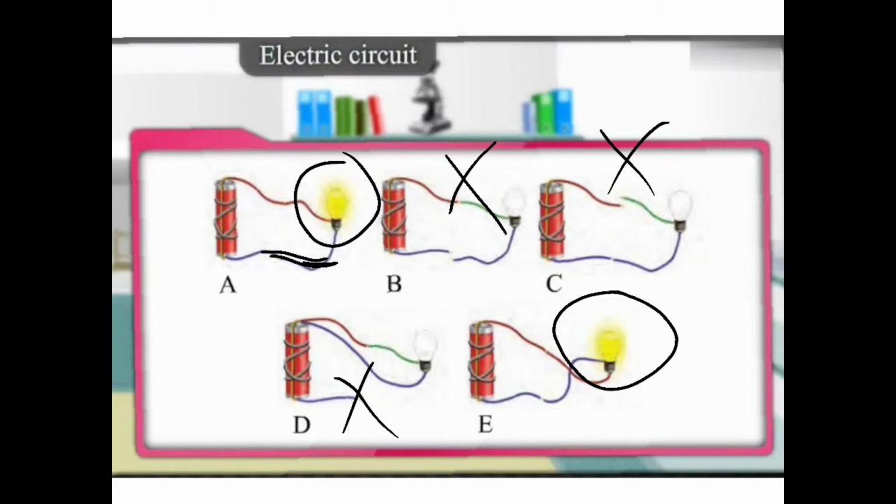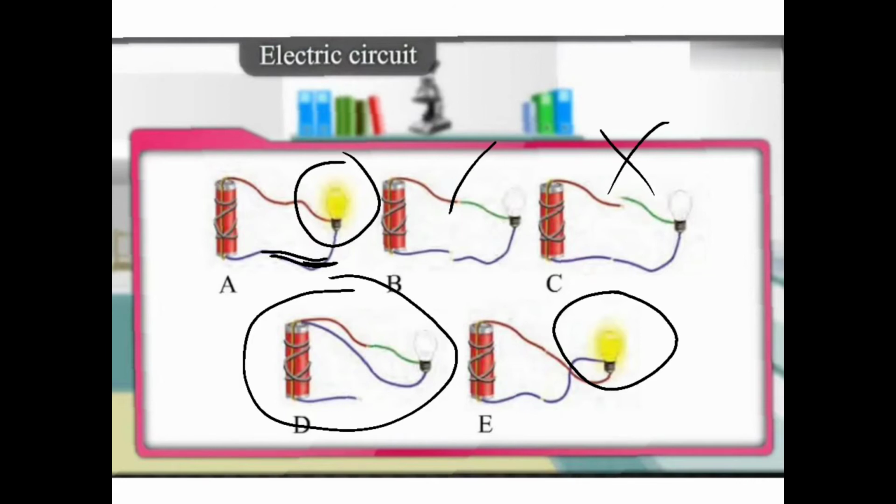In diagram B, what happened to this wire? Teacher, the wire is broken. Correct. The wire is broken, so current will not flow. In the third part the positive terminal wire is broken, so current will not flow. And look what this one did, a mistake in making the connection. Both the wires are connected to one same terminal. That means the potential is the same, positive, same potential. So potential difference will be 0, current will not flow. You should have a potential difference. So one should be here and one here, right? So this is also not possible.